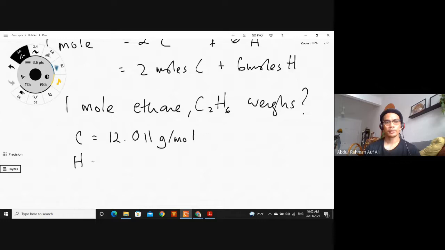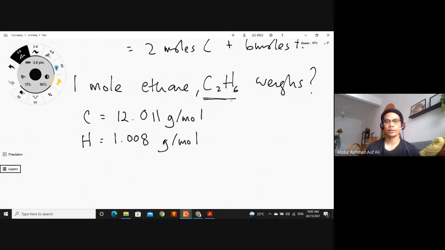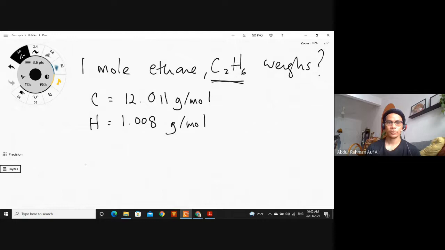Berat hydrogen adalah 1.008 gram per mole. So kalau kita nak calculate berat 1 mole of ethane ni berapa, kamu kena darab, multiply and add all the amount of atoms yang ada dalam molekul ethane tu. So dalam ethane kita ada 2 carbon. So 2 carbon ni kena darab dengan 12.011 gram per mol. Sama macam saya calculate bilangan belalai dan kaki gajah tadi. And then tambah dia punya hidrogen, dia ada sebanyak 6 biji. So 6 darab dengan 1.008